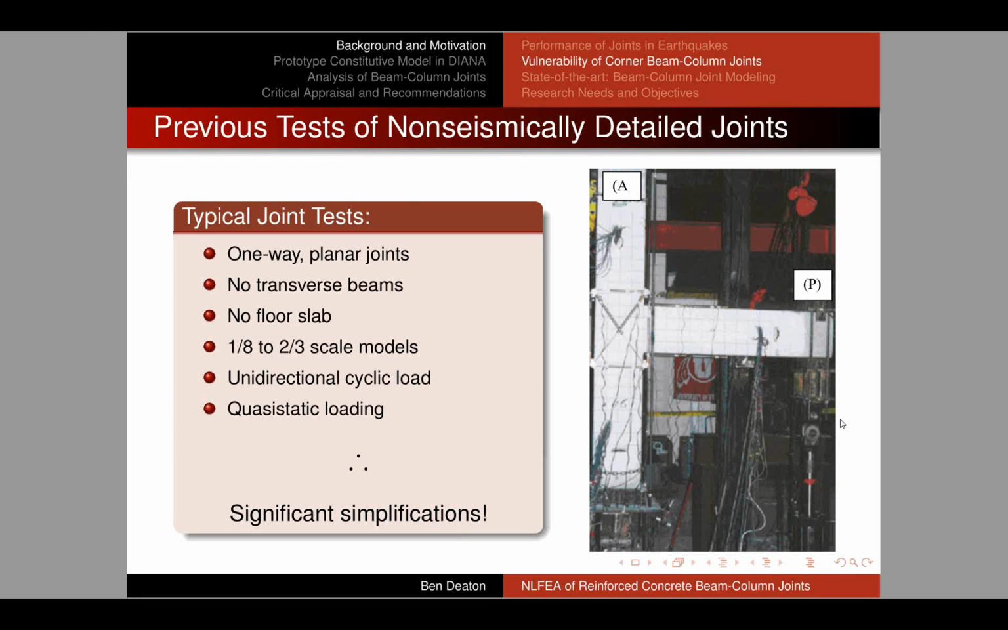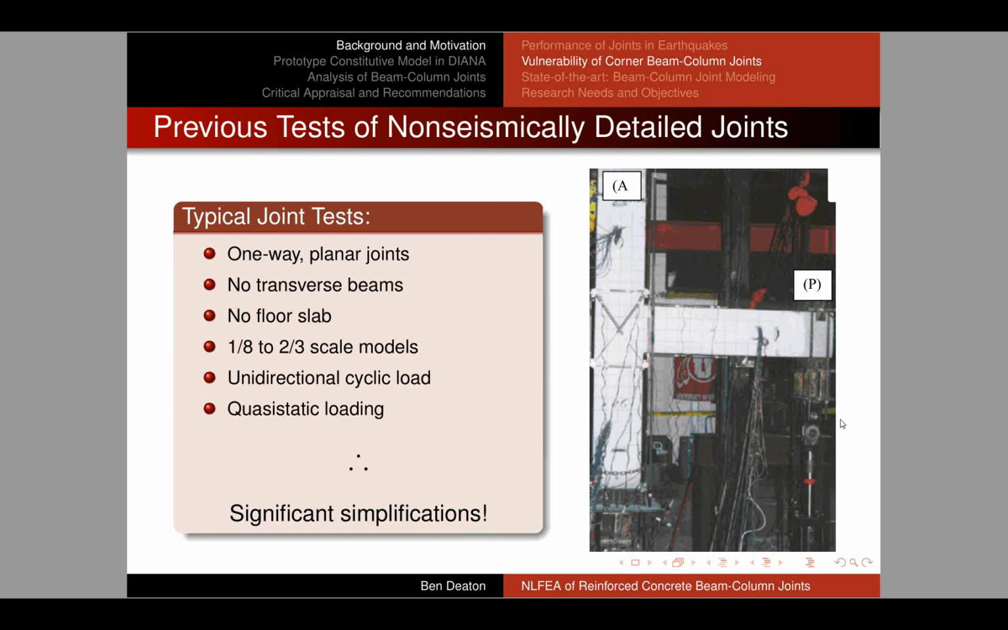In order to better understand these deficiencies, a number of experimental studies have been conducted on non-seismically detailed joints. But typically, these joint tests were one-way planar joints without transverse beams or slab. They were typically scale models with unidirectional monotonic or cyclic loading and with quasi-static loading. So these tests provided a lot of valuable insights, but they were very simplified in comparison to the actual scenario